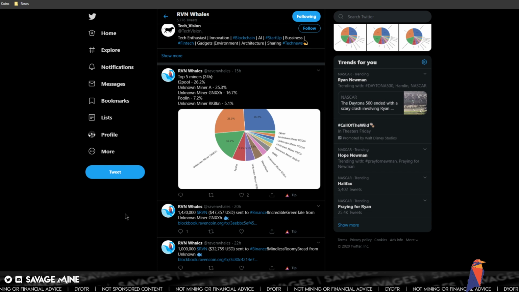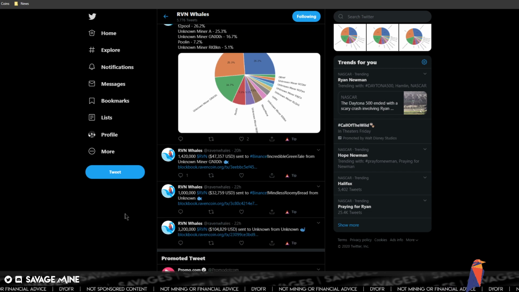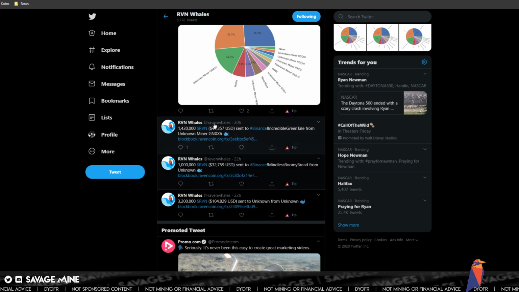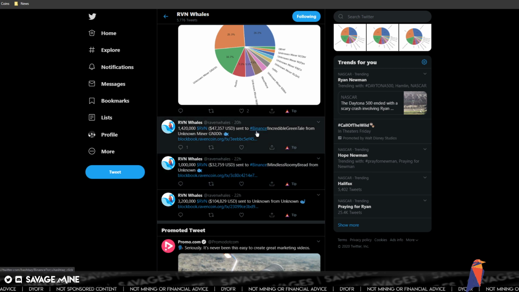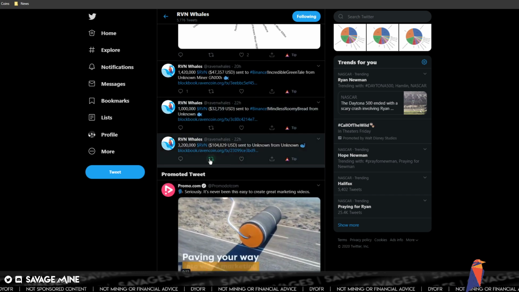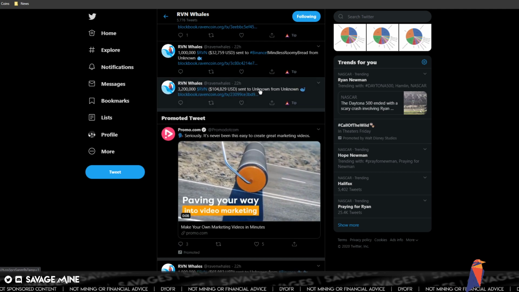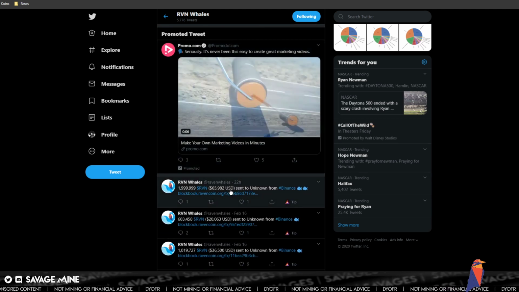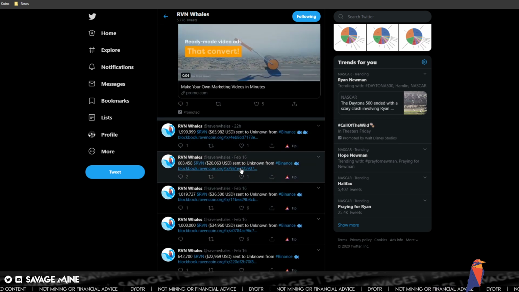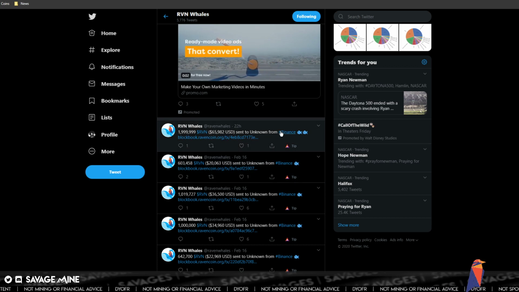What I have noticed lately is a couple of pretty big transactions to Binance. Normally whenever you see something go to Binance, that means it's for sale, right? But there are some from unknown to unknown, and I've noticed quite a few sent to unknown from Binance.